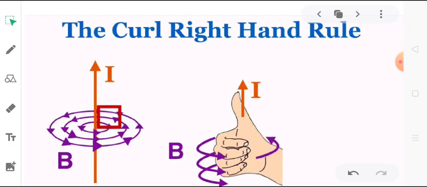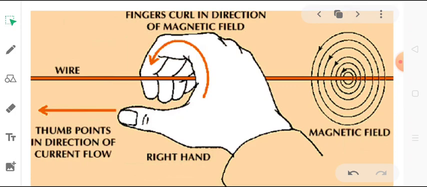magnetic field. Like in the picture, you can see the thumb is pointing upward and the arrowhead shows the direction of current I. Then the magnetic field B is given by the direction of the fingers in which they are getting closed or curled. So in this way we can find out the direction of magnetic field using the right hand thumb rule. This is another way of looking into the rule. See how the current carrying conductor is being held in the right hand, the thumb is pointing in the direction of the current, and the fingers curl in the direction of magnetic field.